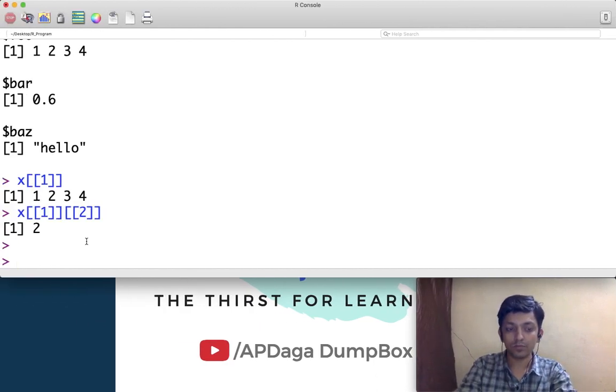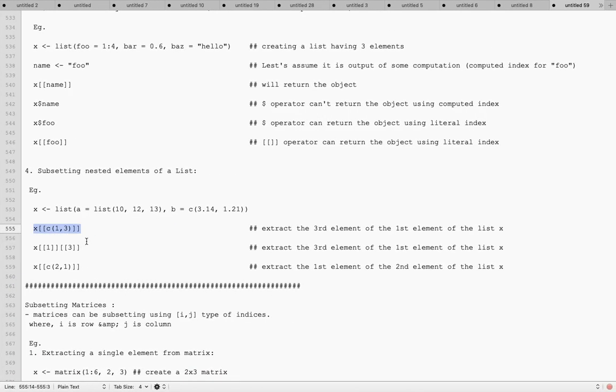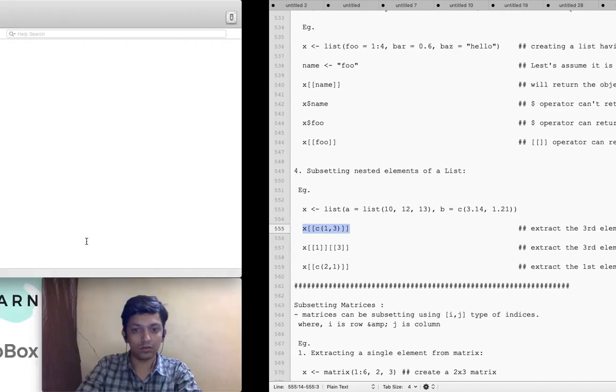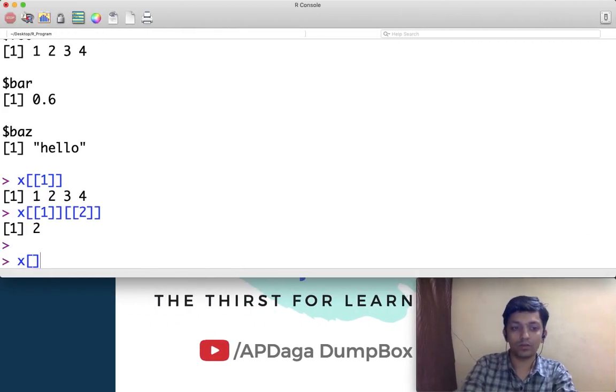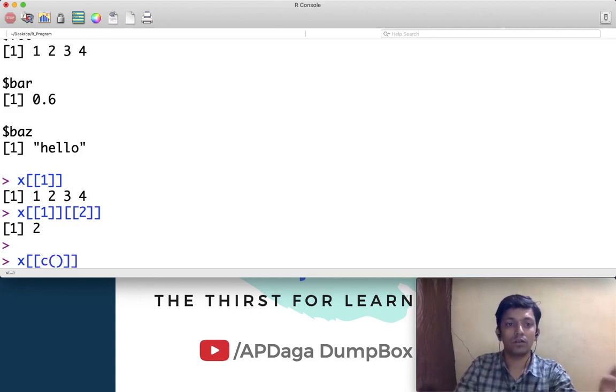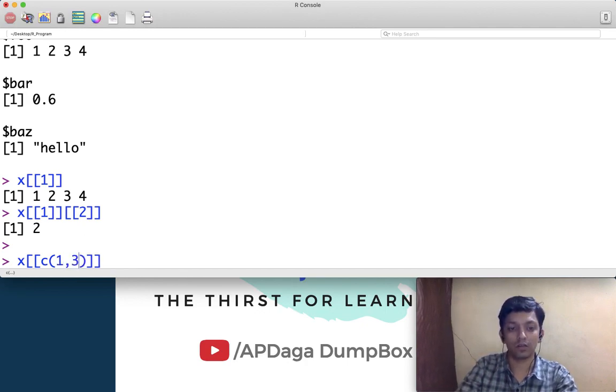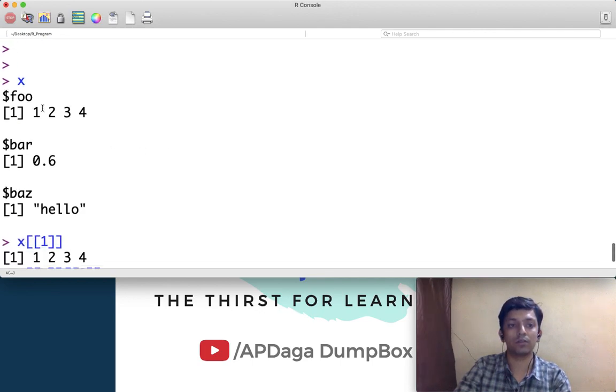But before going there, I'll show you x of double square bracket c vector of 1, 3, that is the first element and then the third element of the first element, that means x.